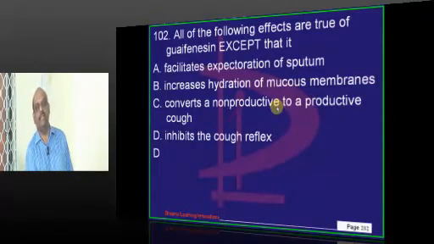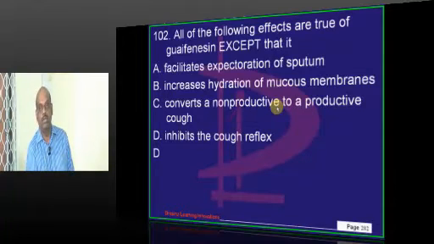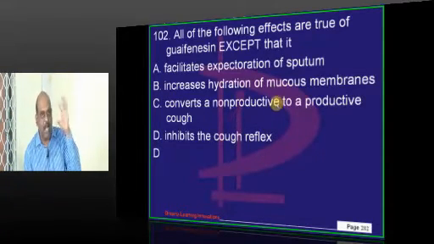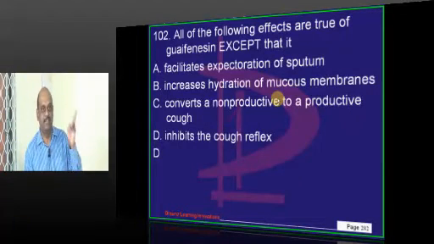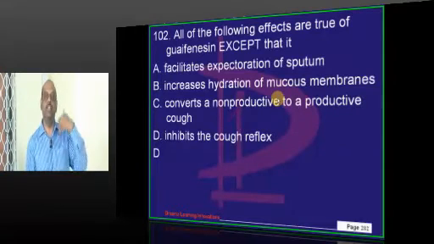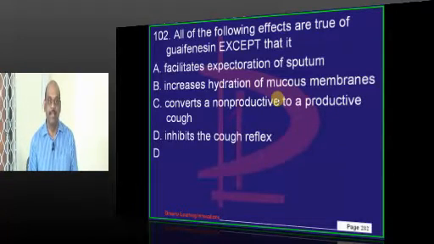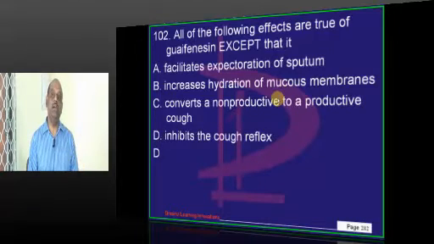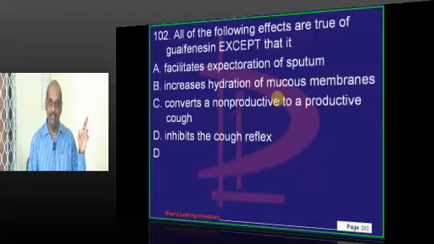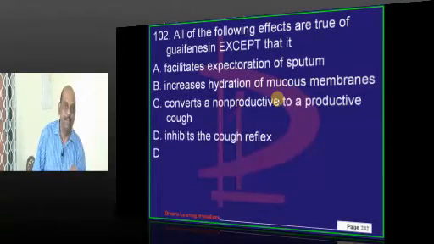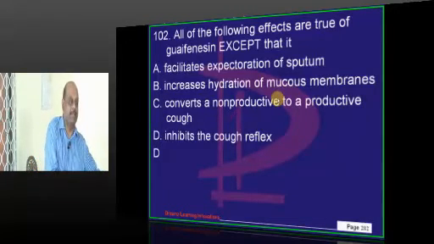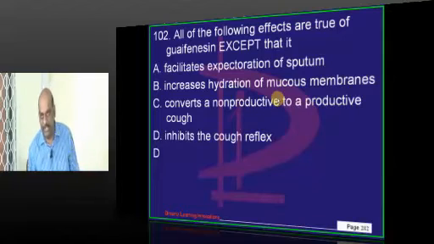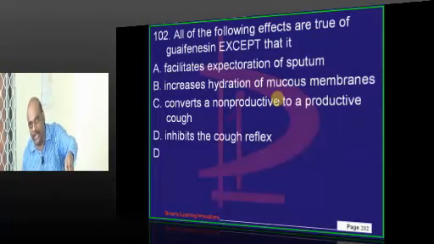Now coming to guaifenesin, there are two things, doctor, in the cough syrups: expectorants, antitussives. They are different. Expectoration means you want to pull out the mucus. Antitussive means you want to decrease the cough irritation. Can you combine the two? You can't pull the thief out of the prison, and at the same time with his legs you can't drag him back into prison. So you can't do the two. Either you give expectorants or you give antitussive.